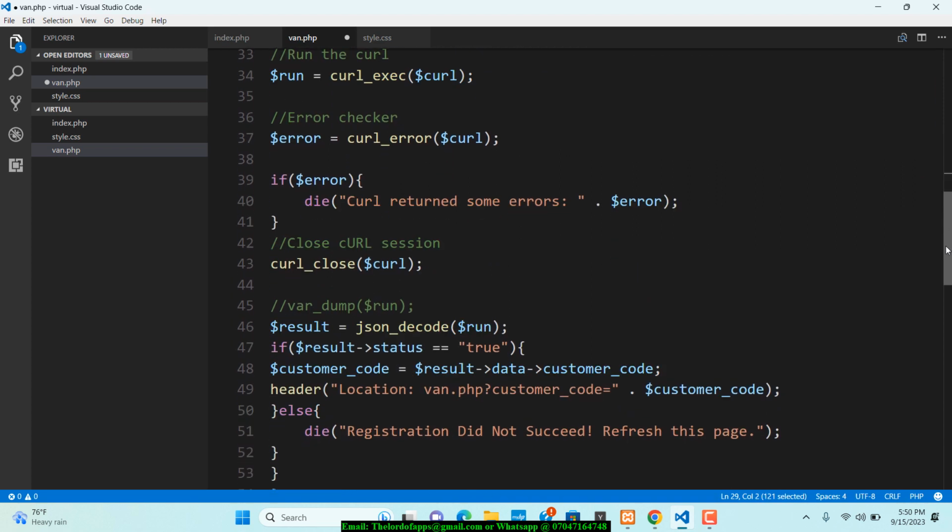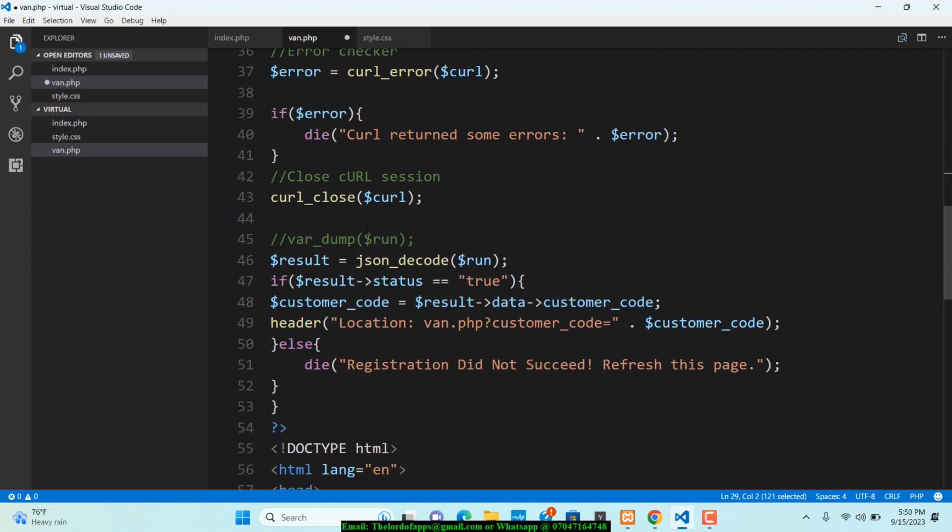Alright, so after checking for the error right here, I think the work we basically need to do is going to be from this place down. And let's just do that. So just after this closing of the core session, I think we'll just basically have to leave this. I think we're going to need this in this particular page because we're going to run that particular thing. And after that, we are going to need to start grabbing